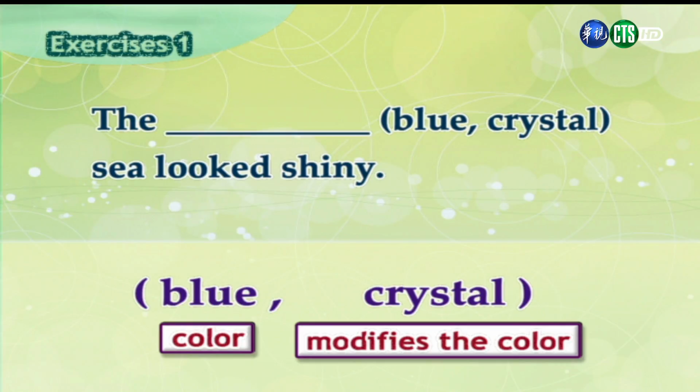Now, the word crystal here, this is not a material adjective. Crystal is actually modifying the word, the color of blue. So we're not saying the sea is made out of crystal. We're saying that the color blue is like a blue crystal. 好，在这边我们看到水晶的这个字，它并不是指我们海的材料或来源，而是指它要来形容蓝色的状况，所以我们要把 crystal 水晶的拿来形容蓝色。And so over here, you saw that we write crystal before the word blue. 所以我们要把犹如水晶的放在蓝色的前面。